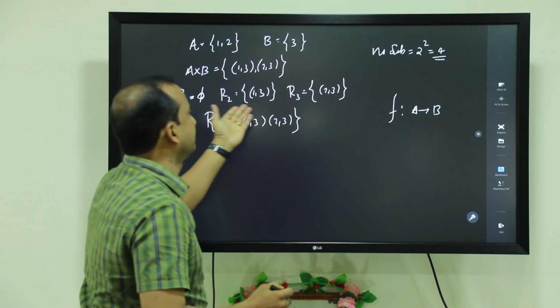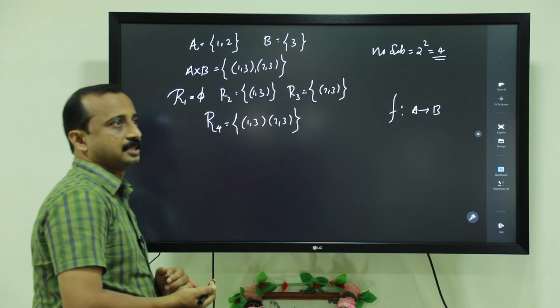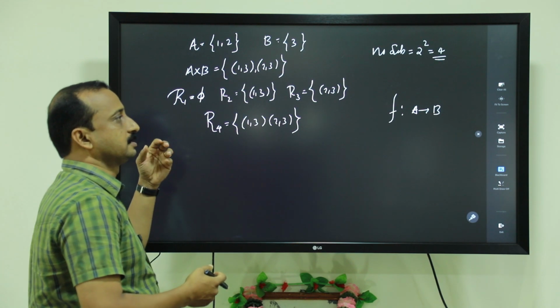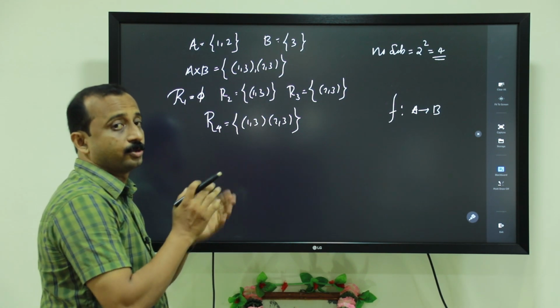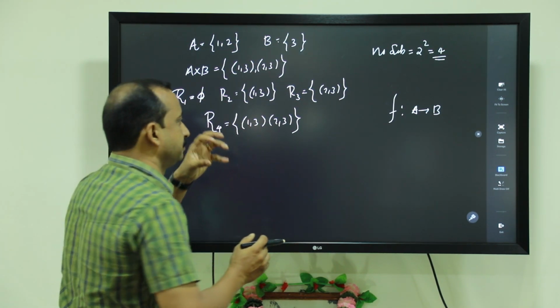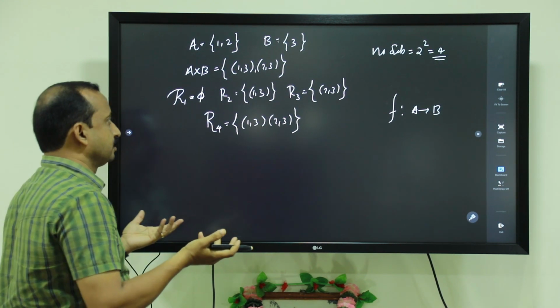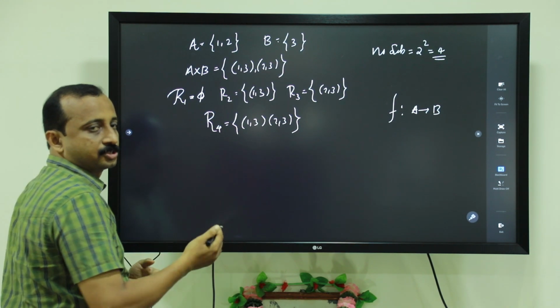Okay, we check whether the given relations are functions or not. Different methods are available for representing a function. Here we use a simple technique for representing a function, that is called an arrow diagram. An arrow diagram is the best tool for representing a function in a simple way. Okay, first R1 is already a null set which is not a function. Now we find whether R2 is a function or not.